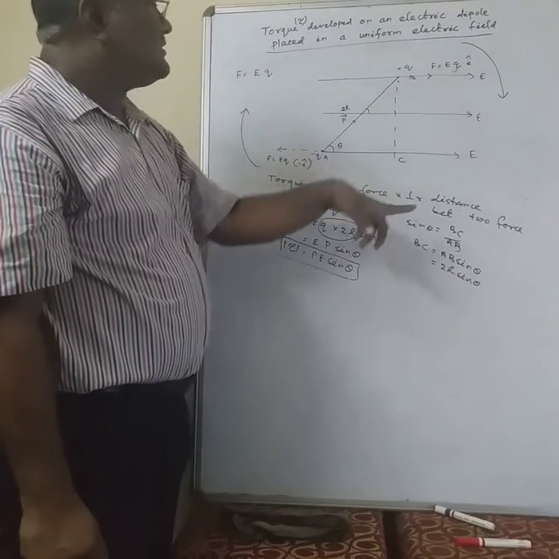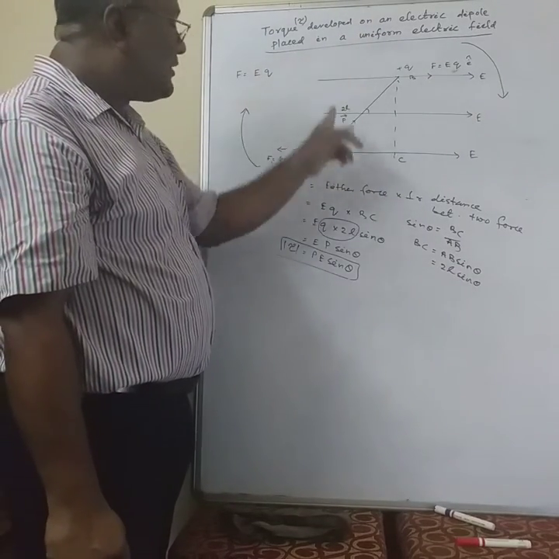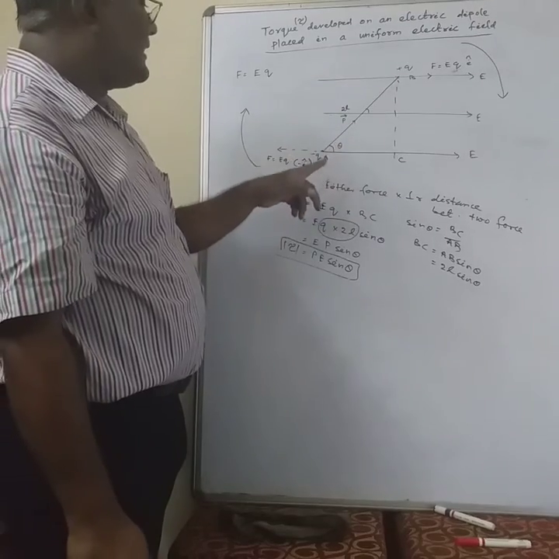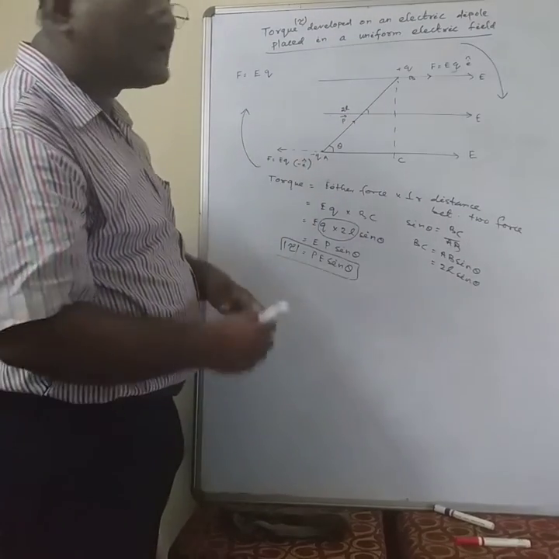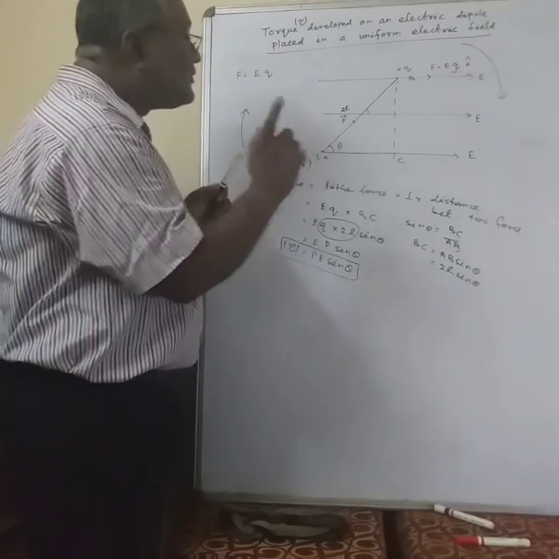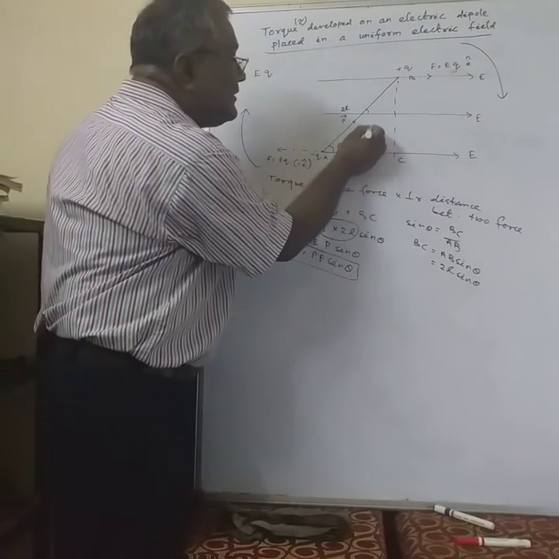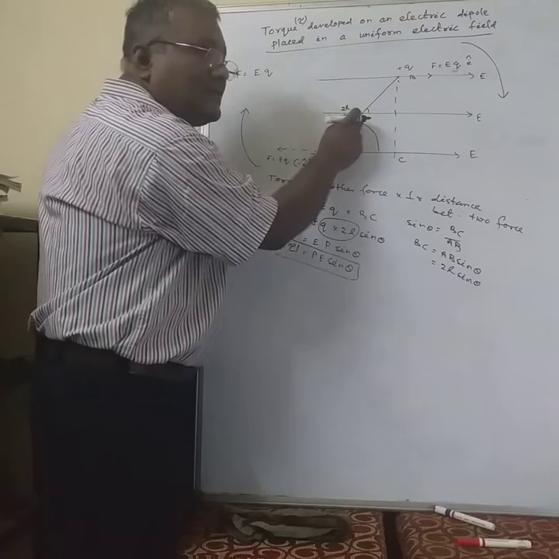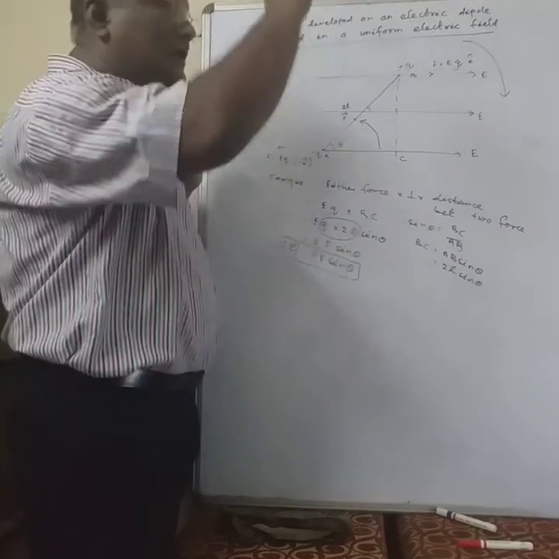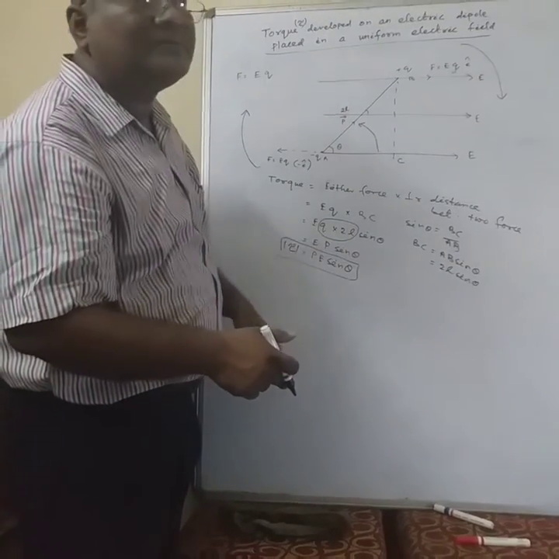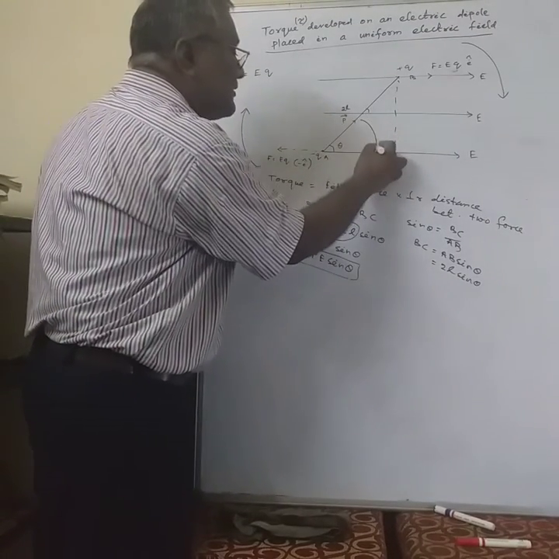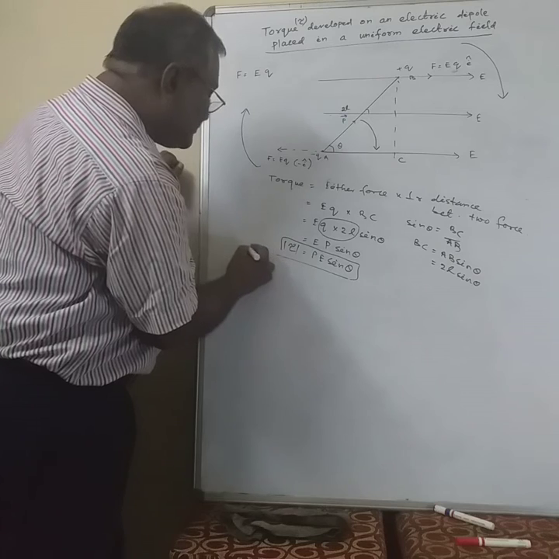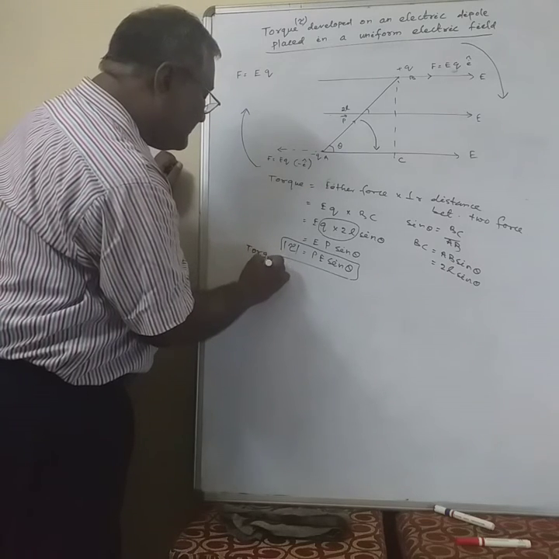So, as the direction of torque will be inward normal, we have to take either P cross E or E cross P. Two choices are there. One choice is correct, another choice is incorrect. Suppose we take E cross P. The sense is coming anti-clockwise, the direction would have been outward normal, but actually the direction of torque is inward normal. So we must take P cross E. So torque in vector form.